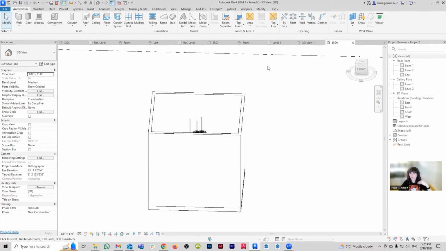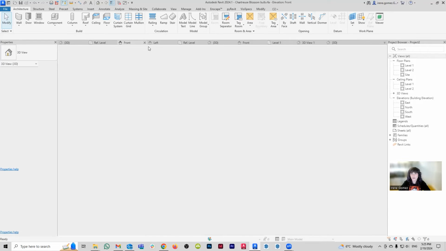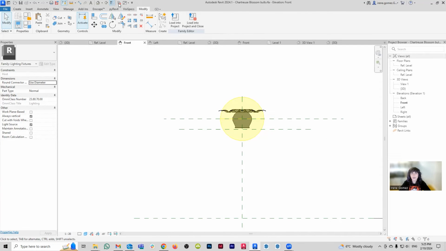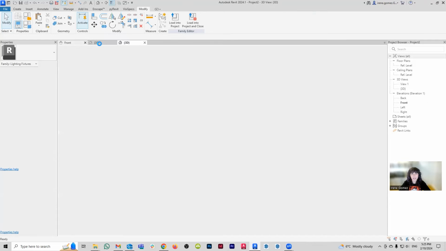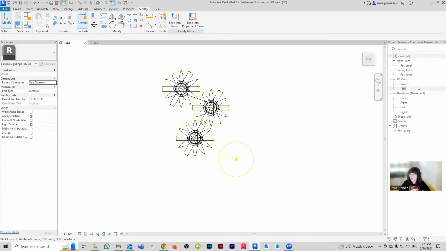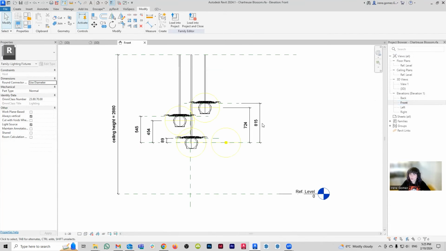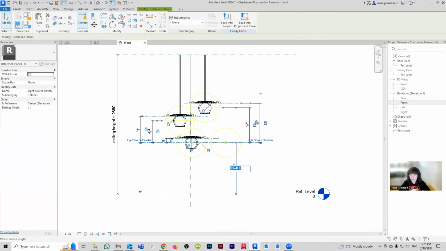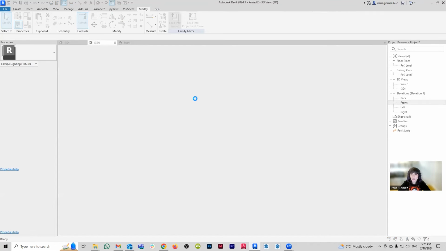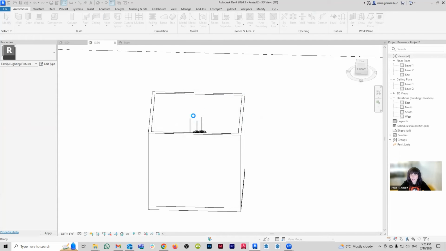So what you can do is once you've done this, you can go to the original family and you can drop that reference plane. Oops, not this one. We have a lot of views. Let me get rid of this one. And then we're going to come back here. This is the one that I wanted to do. So I can actually come here to my front view and I can say that this height by default, 1000 is fine. So let's say that I'm going to make this like 1 inch, just sits like really, really close to the floor. And what's going to happen is that that is going to actually allow me to adjust the height of my lighting fixture. So if I do that and I overwrite, you're going to see that this guy should drop.